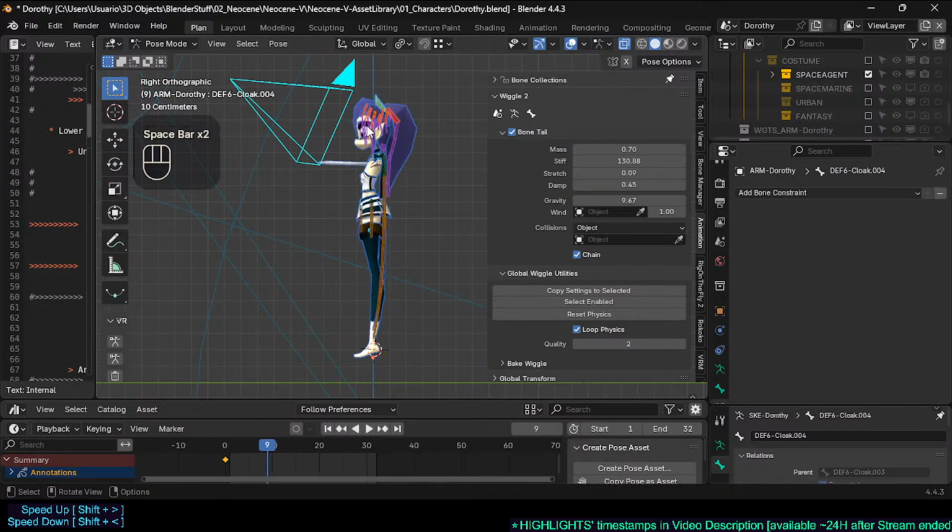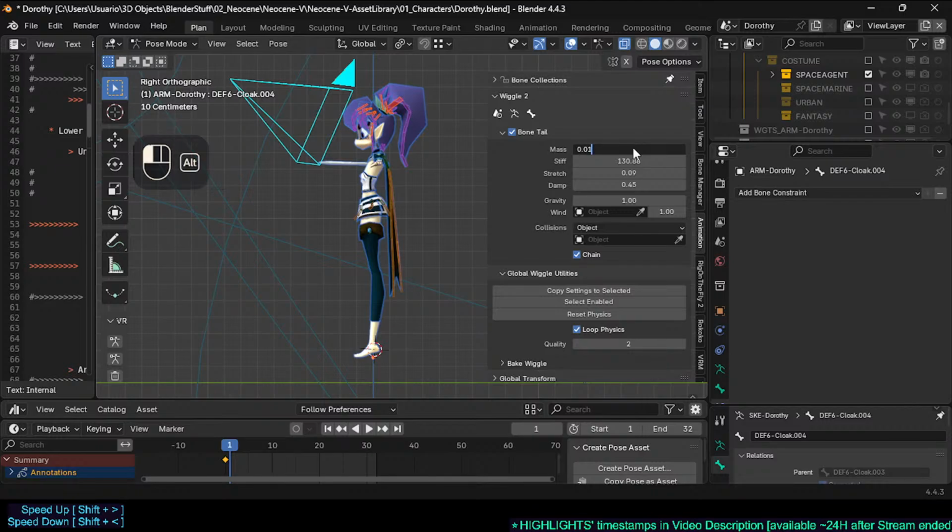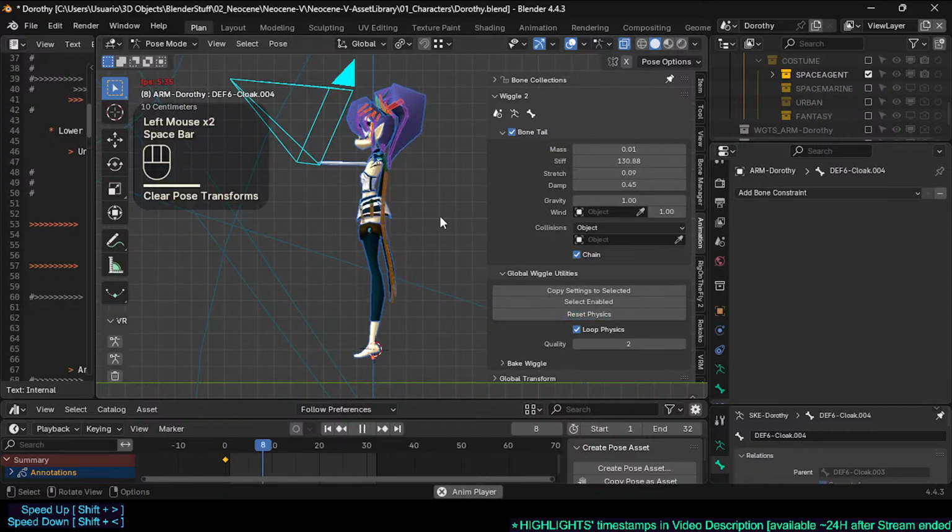So I think this is what was happening to the eyelashes, because their gravity was too high, too high for so little mass. So there's some dropping down of those things, but it's not harsh. And if I make this mass very low here, select all, reset, you see, no, it's not critical. So I'm still not sure what could be causing the crazy thing of the eyelashes, but